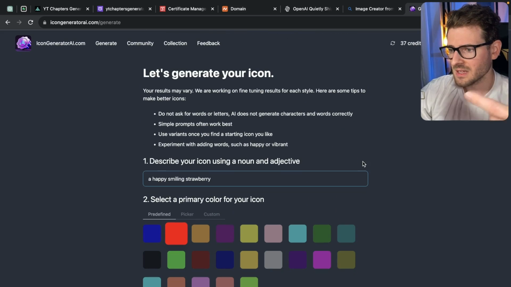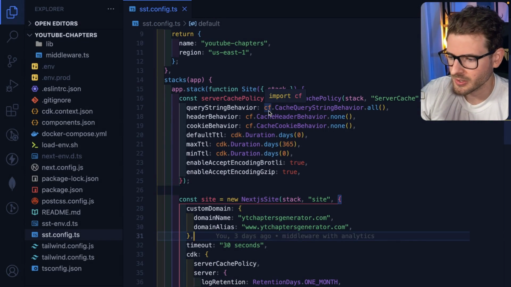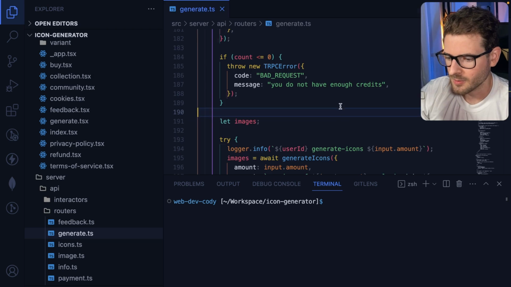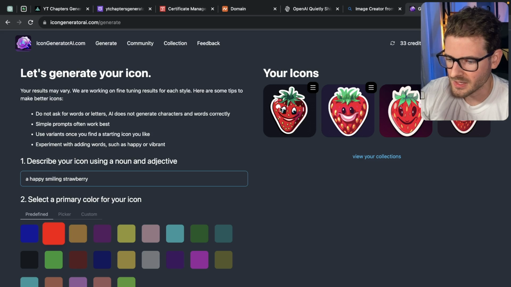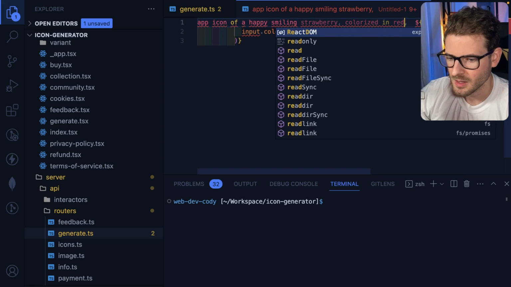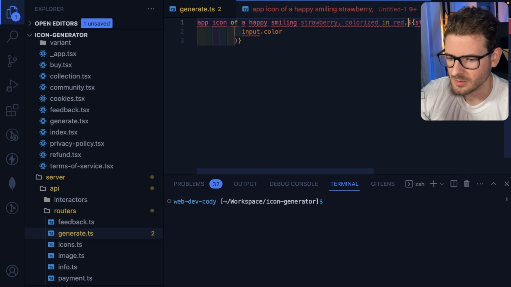But as this is generating, let's go and look at my code real quick, because I want to enter the exact same prompt into DALL-E 3. I don't remember how this code works. Okay, so here it is. We have, those are decent looking strawberries. They look pretty happy. They have a smiling face, so it works pretty good. Go ahead and just put that prompt in here. I think we said colorized in red. And then we're also going to put a style here. So I did the sticker one. So if I go to my style template,